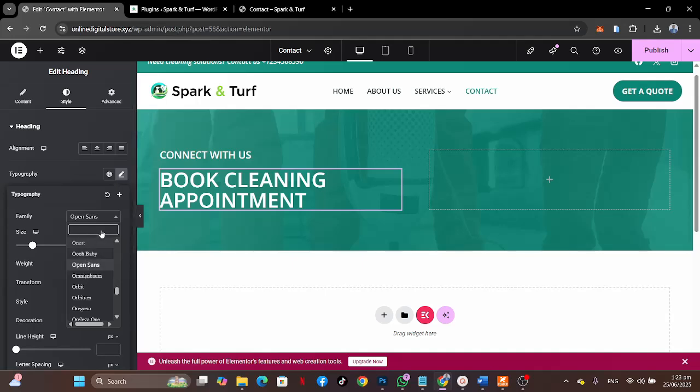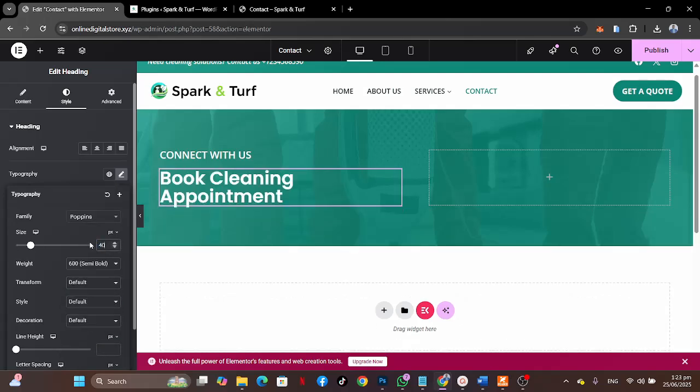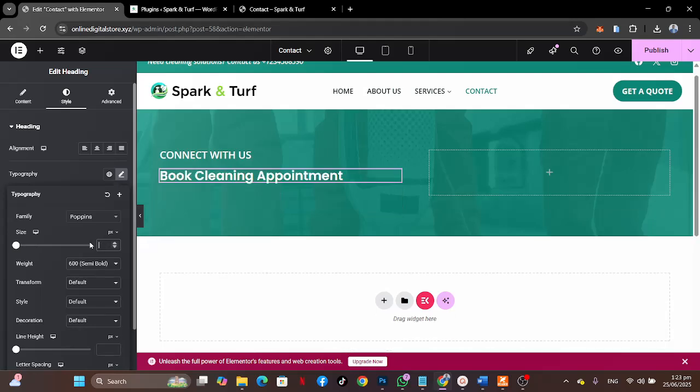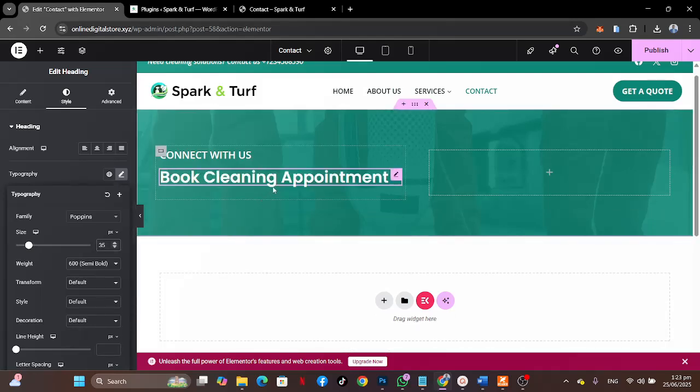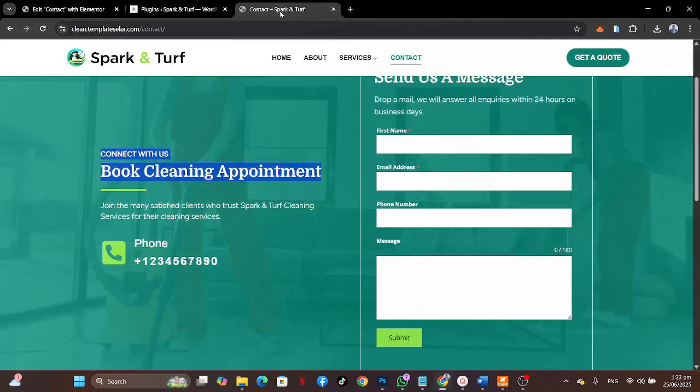this one to Poppins. Okay, I'm going to change this one to Poppins, and then change this one from uppercase to default. Now let me just reduce this one to maybe 35. Yeah, so something like this. Now I can have it like this, and then even add